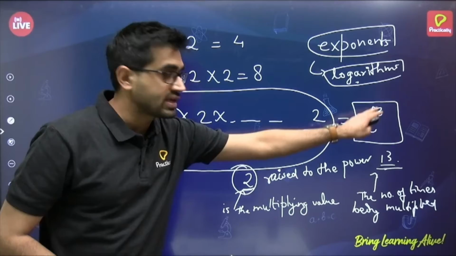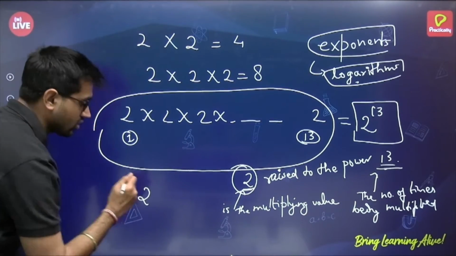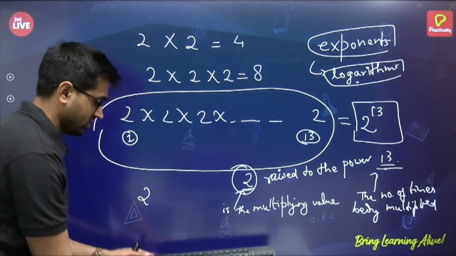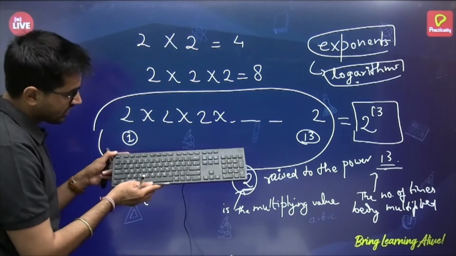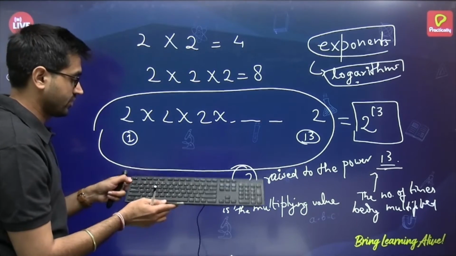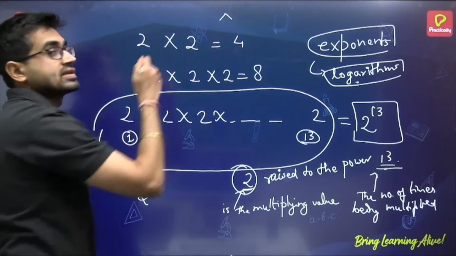You see there is a raised part. It's not written at the same level. In your keyboard, what happens? Let me show you in the keyboard. If you see in your keyboard, there is a button above 6. That's kind of this arrow. Okay? You see your keyboard now? There is a button like this.